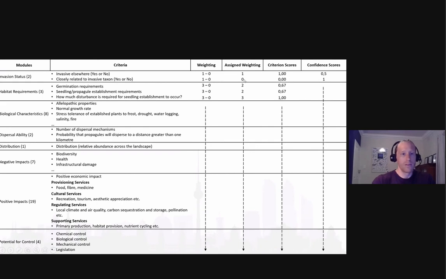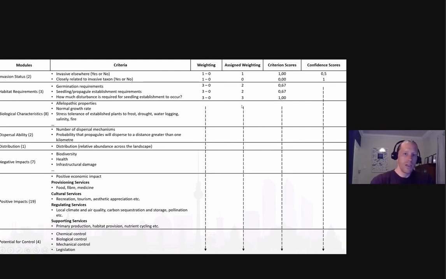For example, this theoretical hypothetical species, if it's closely related to invasive taxon, then yes would be the most undesirable, so it would get an assignment of 1, but we've just given a 0 here just to show you the difference. And then again, germination requirements. Within that, there are 4 sub-criteria not shown in this table, but it would go from 0 to 3, again, 3 being the most undesirable.